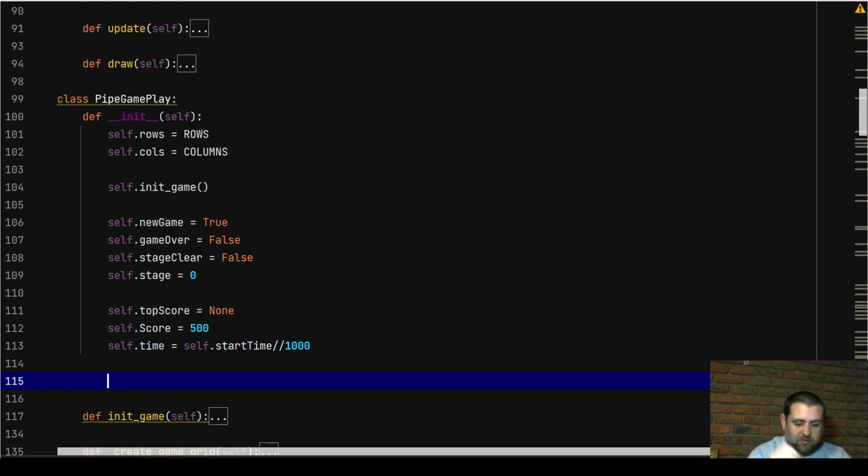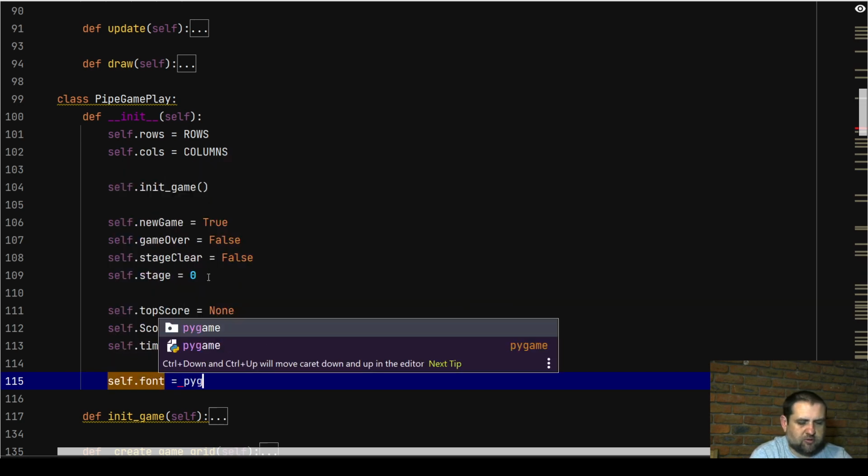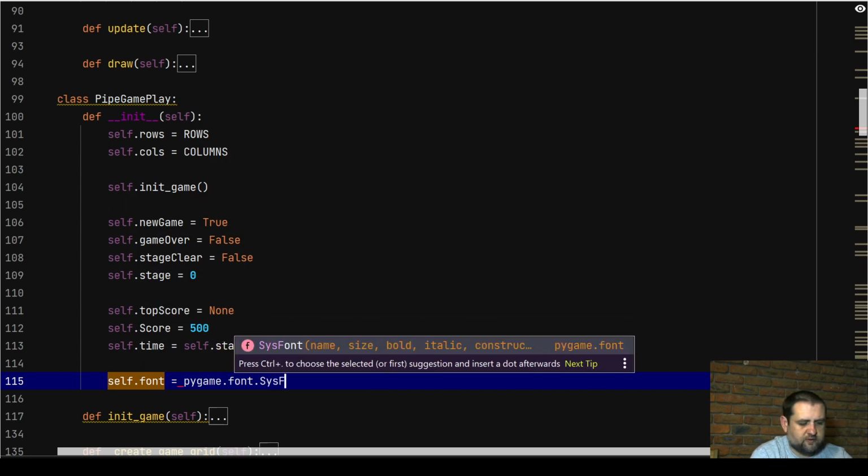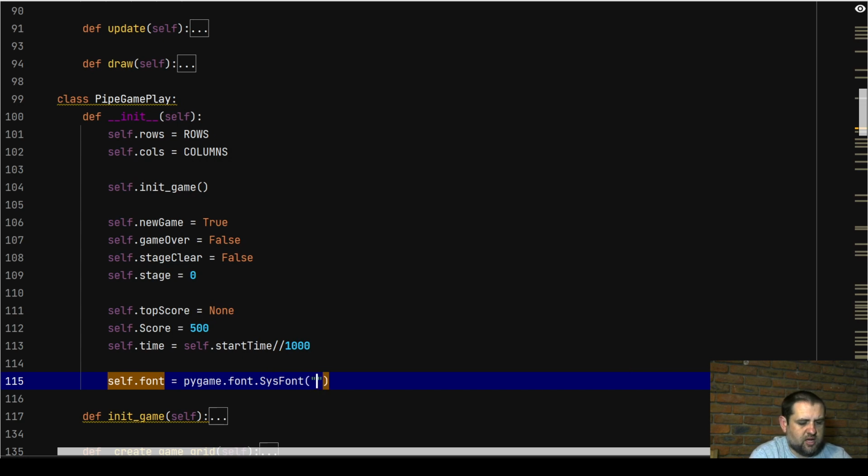And then we're going to define one more attribute. We're going to define a self.font. To do that, we go with pygame.font.sysFont. Pay attention to the capital letter on the F. I like stencil. I've told you this before. Give it the size of 40. So self.font. All right. Now that we've done that,